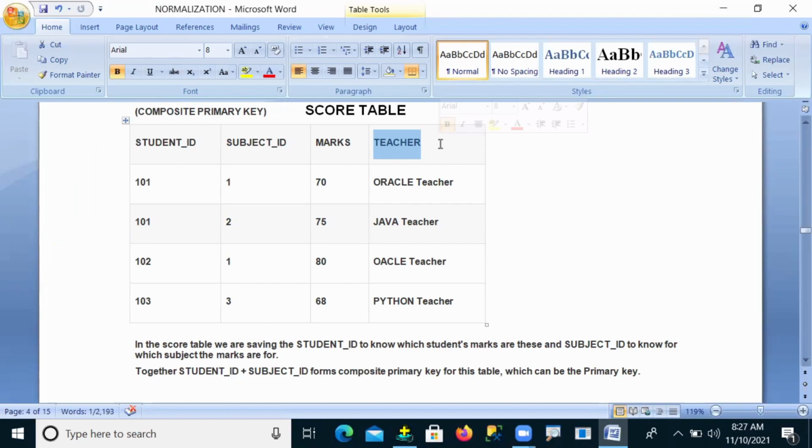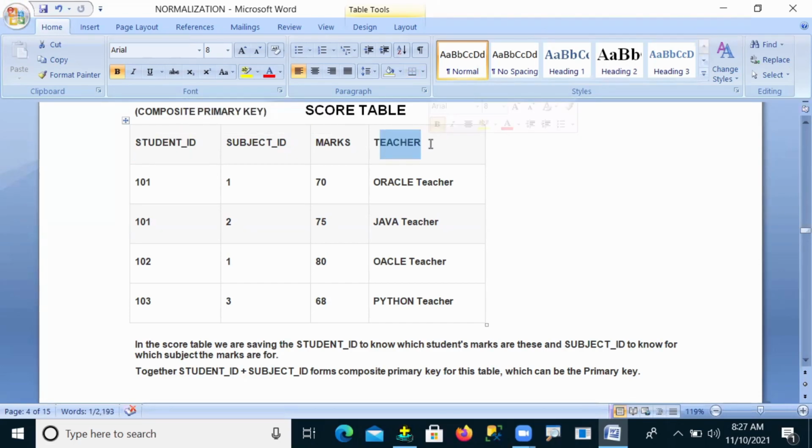Yes, it is called partial dependency. The teacher column depends on subject ID, but not on student. So it is a partially dependent column.